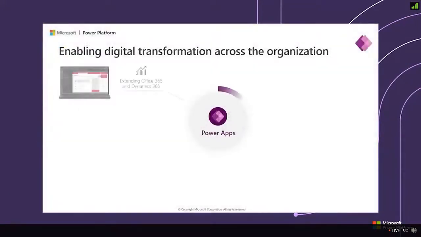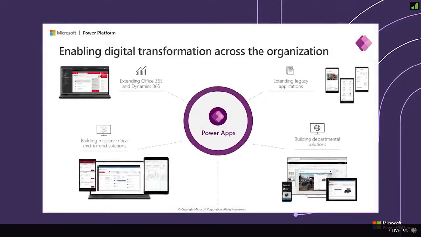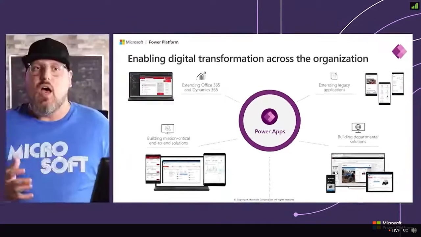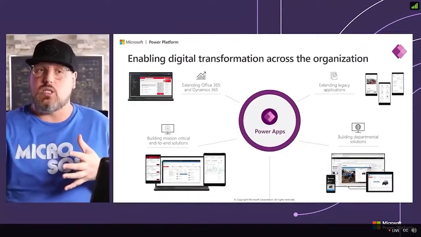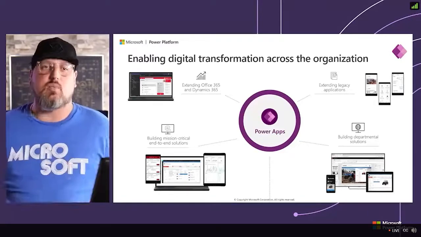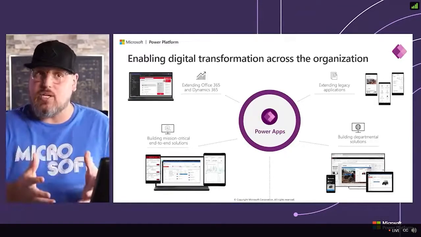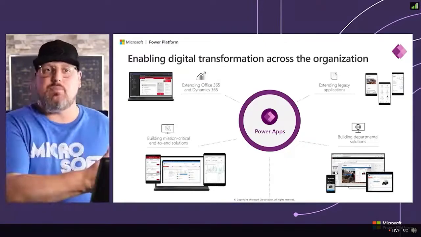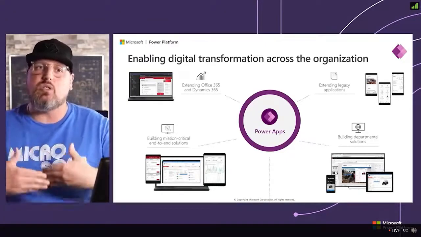The first thing you have to do is understand where you can build those apps from. You can start from extending Office 365 and Dynamics 365. This is very easy, and most of the time you have all it needs in those licenses to connect to your CRM or to connect to your SharePoint list and Excel spreadsheets and whatnot. But you can also extend legacy applications. So if you do use SAP or Oracle, even on premises,